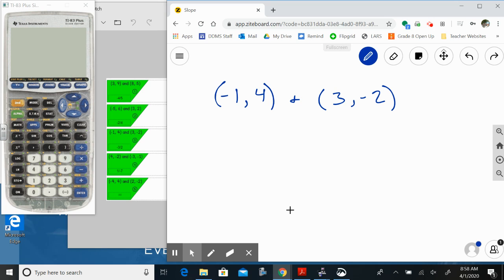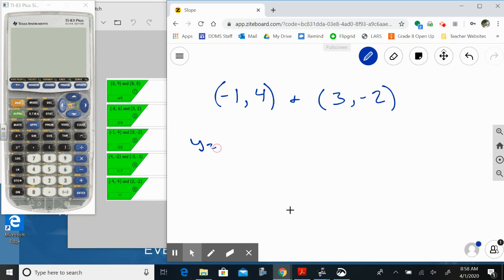Hey everyone, I just wanted to give you a quick update on how to find slope. This will be very brief, but let's say you're trying to do the slope matching activity and you are a little stuck. So let me just remind you, when we find slope from 2 points, we're going to take the